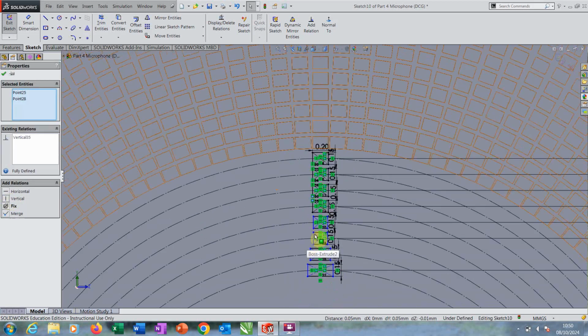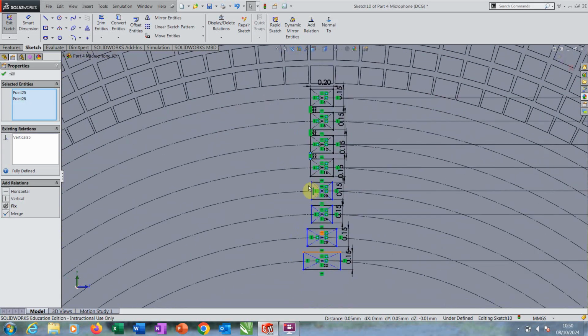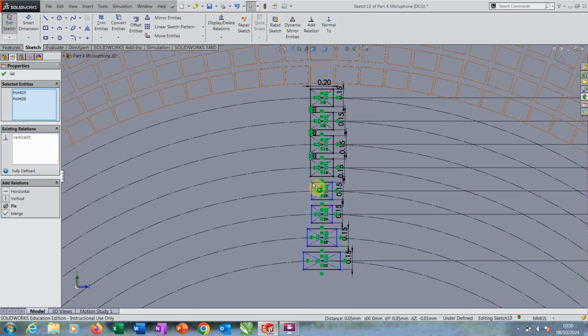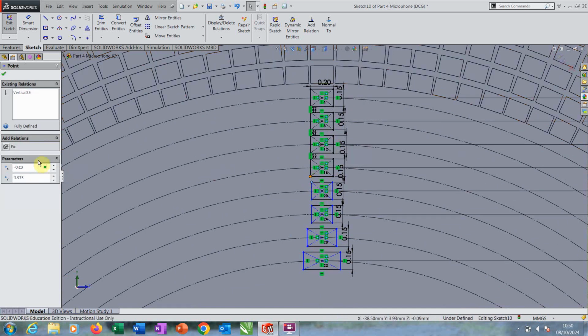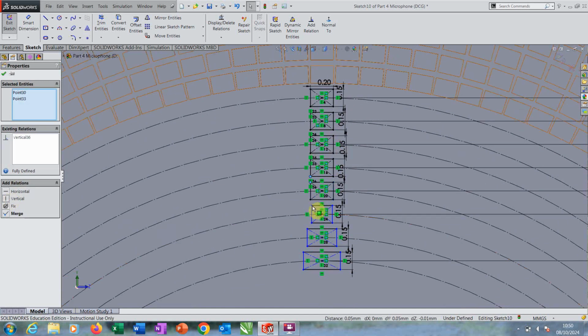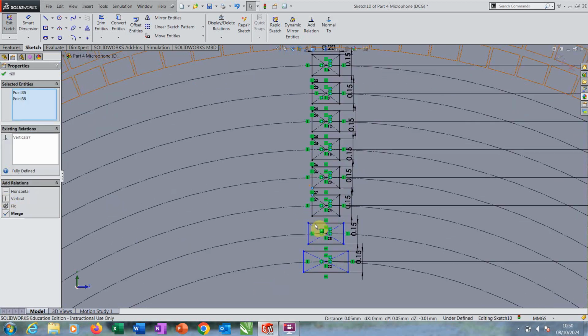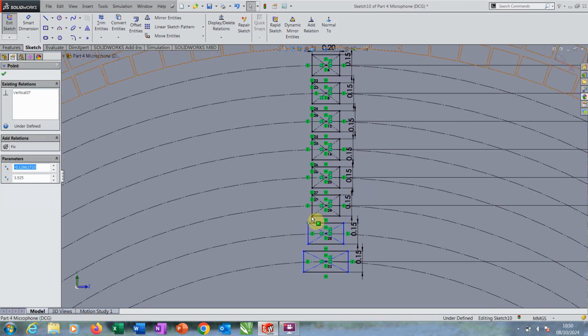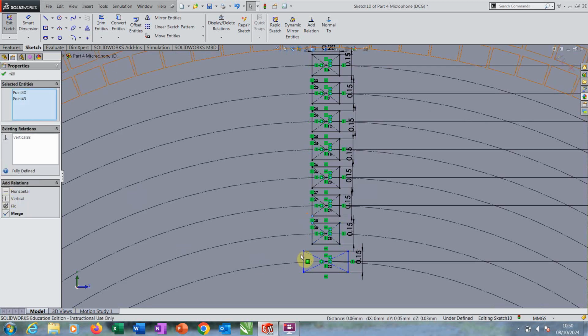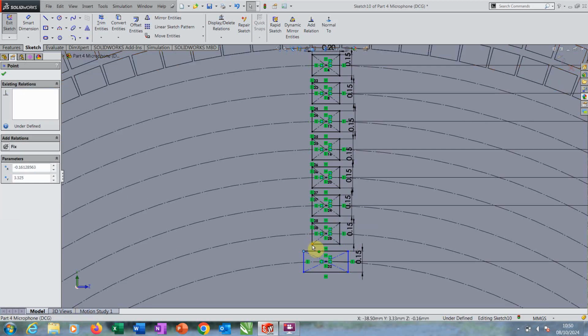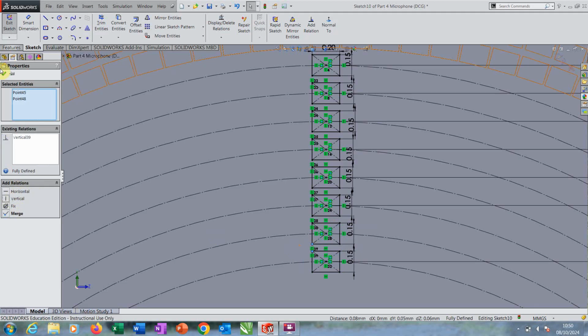So once you do the first one right, they all should follow in tandem. Okay,